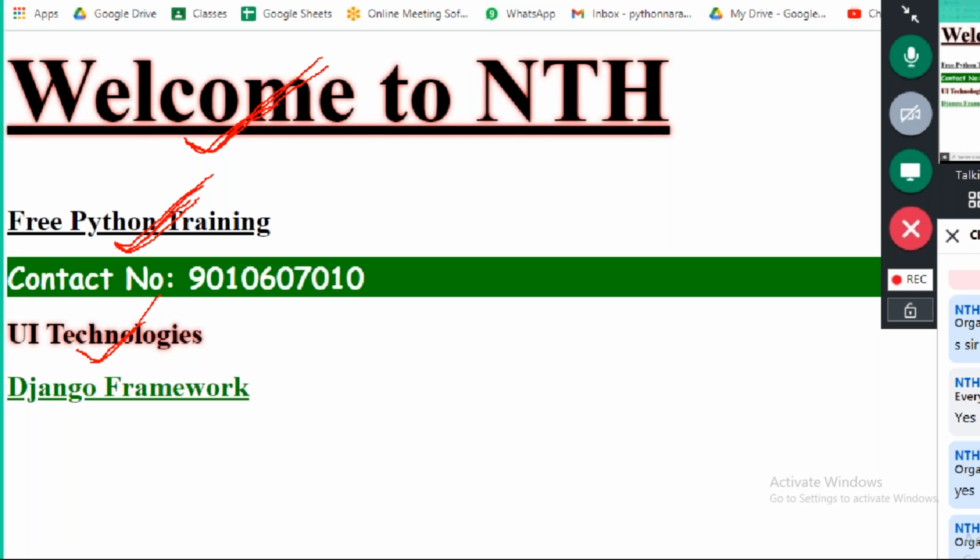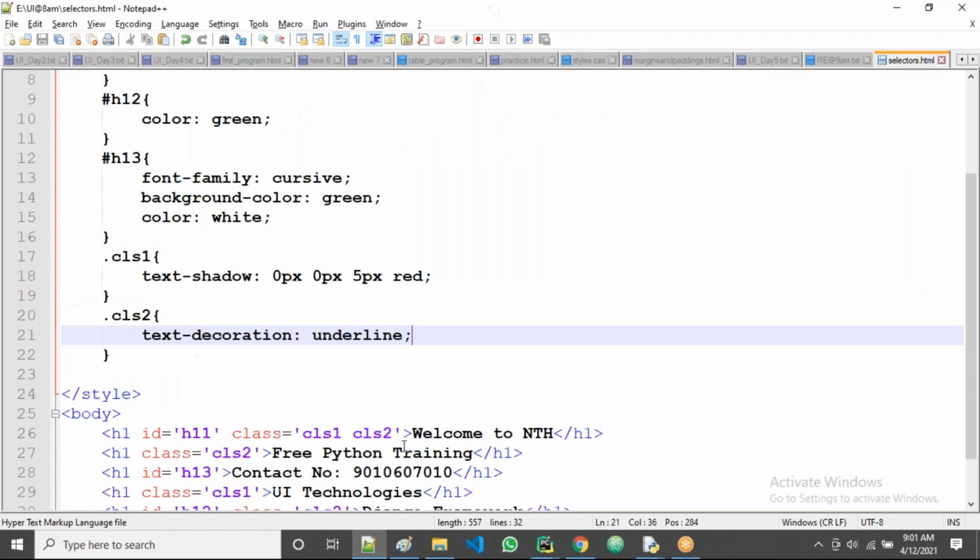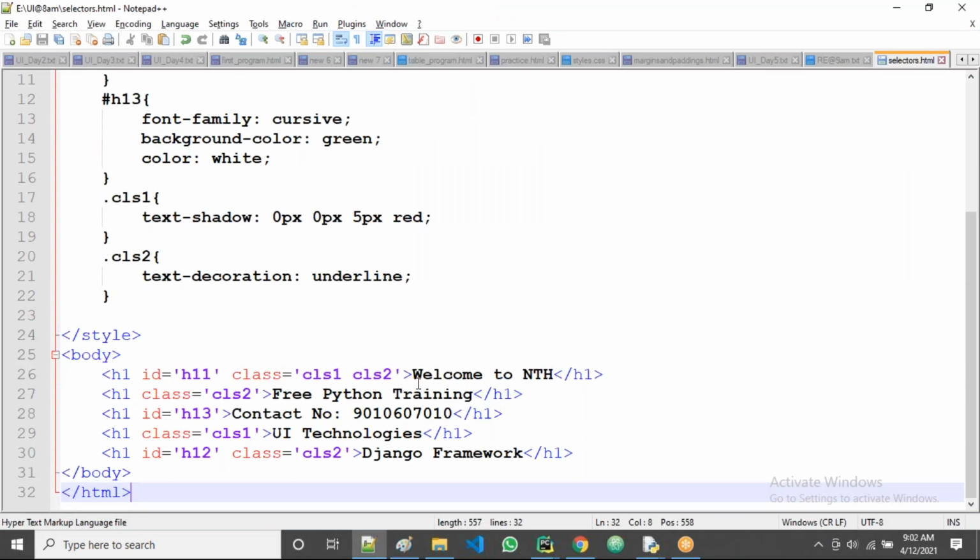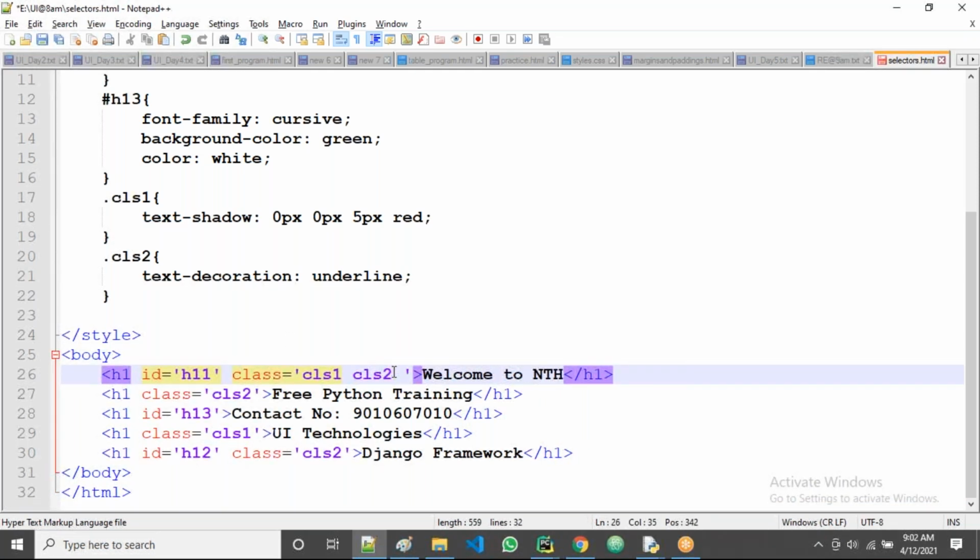Now what do I do? On this three combination, I want to apply separate styles again now. Separate styles, guys. Which one? For welcome, for Python, for UI, right? Now all of you tell me now. I want to take the class name CLS3, guys. Okay, CLS3. Then in this case, can I use one more class equal to? Or else here only I take the space and take the CLS3 class name, guys.